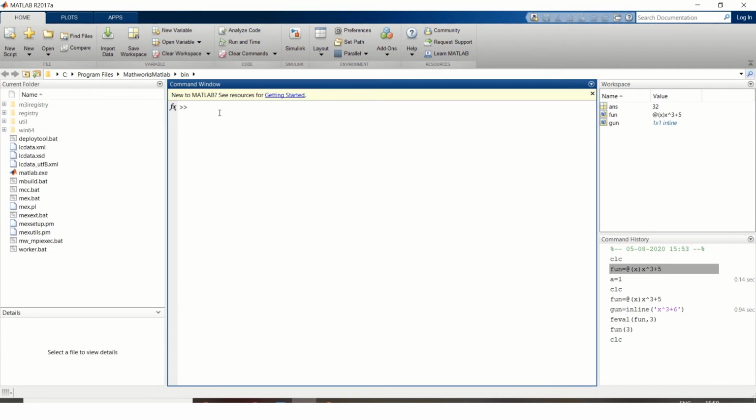If your function has two dependent variables, you can enter it this way: x comma y. So our equation consists of the x variable and the y variable.